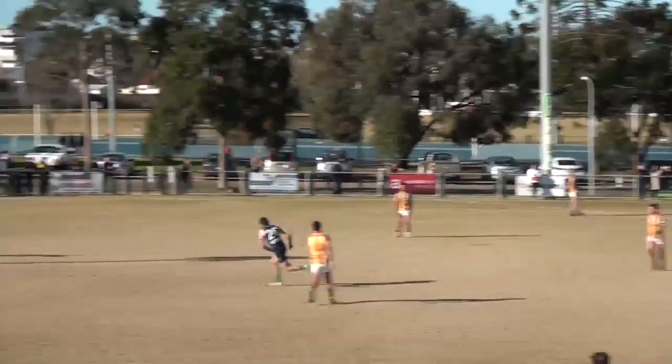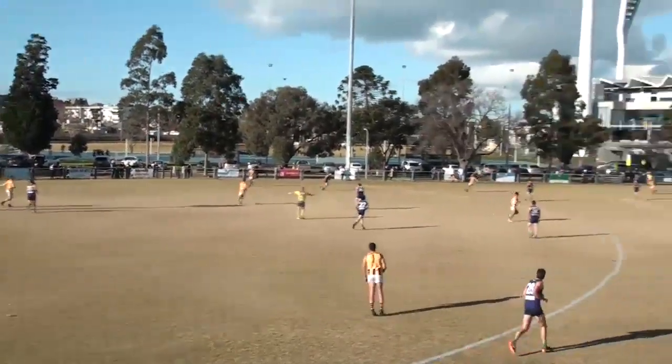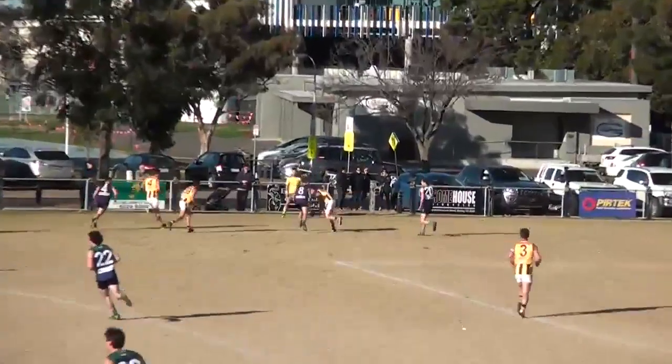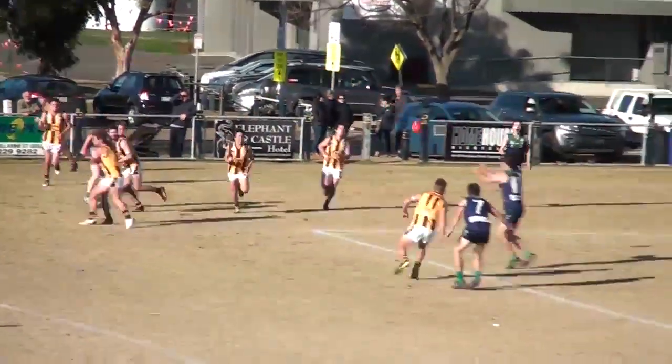Goes back to Learson, who's got Hayward. He's going to ignore him. Going to go a bit deeper. Decides to go right out the other side. Put a bit of pressure on, 2-on-1 situation. Ball goes out wide. Picked up by Hillman. Tries to get the handball out. I think there was Gall at ground level. Ball comes back anyway. St Mary's